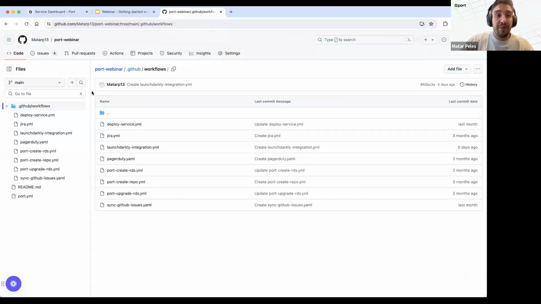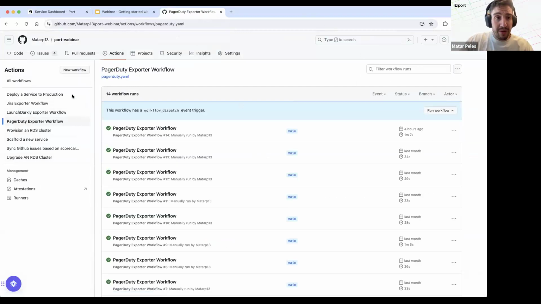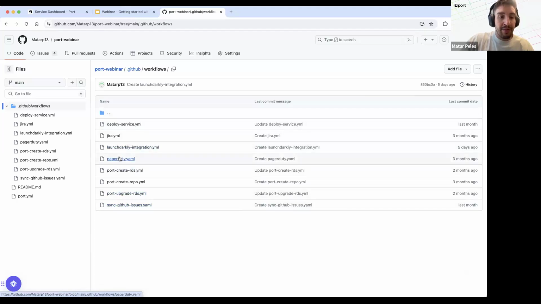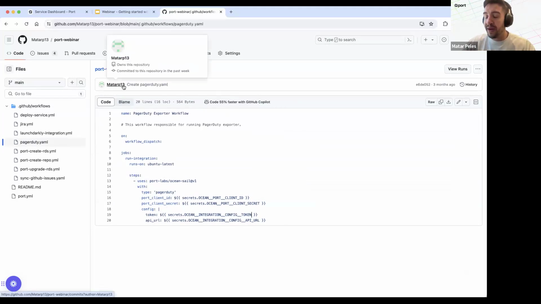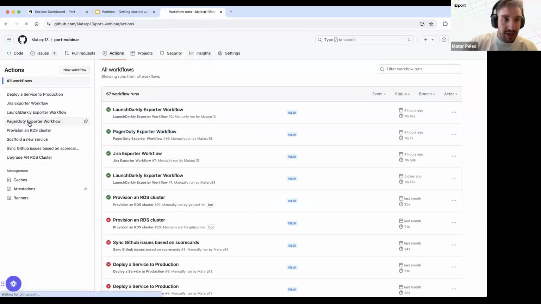So I'm coming to a GitHub repo I have here, and I'm going to run an action that will connect my PagerDuty environment with my Port environment. Basically, let's see what it means. I have my GitHub workflows over here, and I'm going to click on the PagerDuty YAML. This one is basically installing the integration in my Port environment. It's just an image I'm running with my token for PagerDuty and the API URL of PagerDuty for me to connect with. It is all mentioned also in our docs, so it's a super copy-paste approach. And now, once I click on the GitHub Actions, I can run it